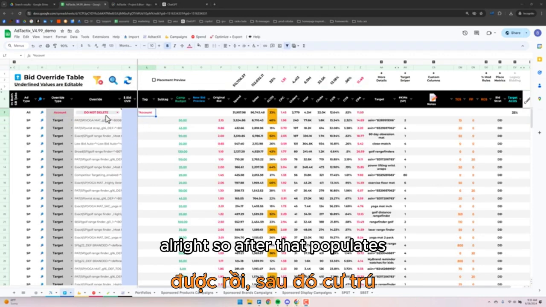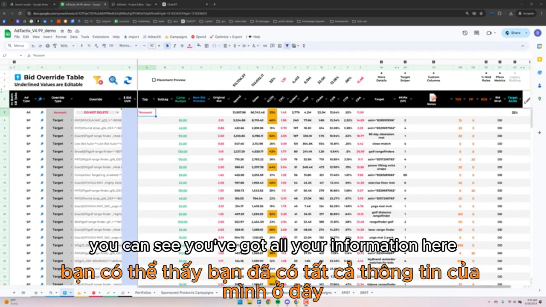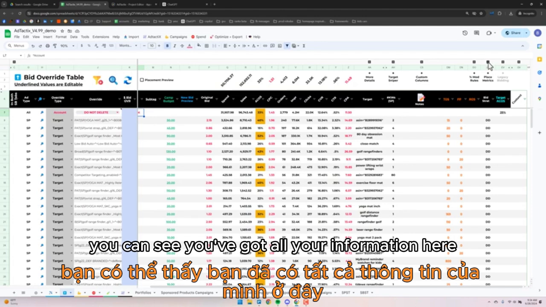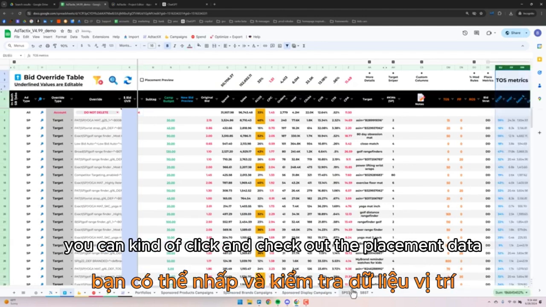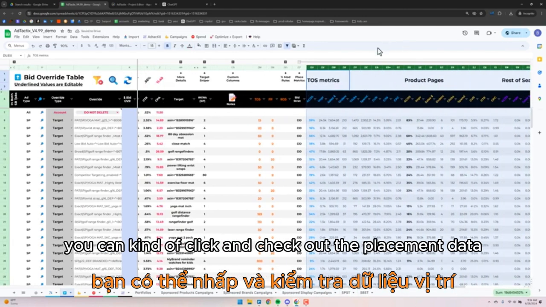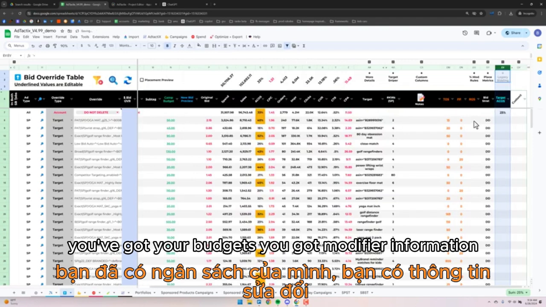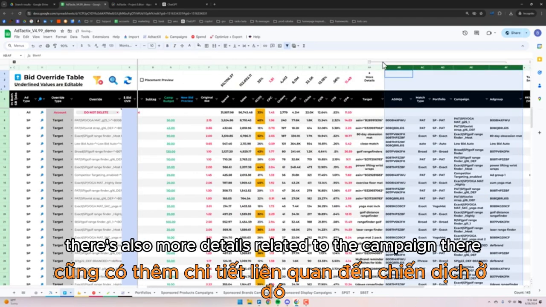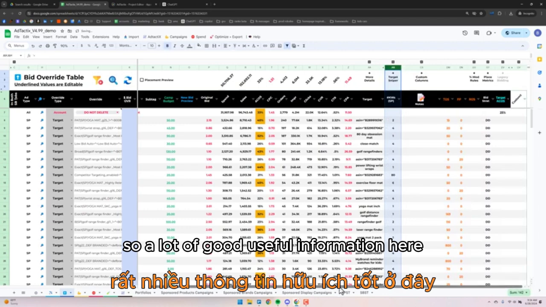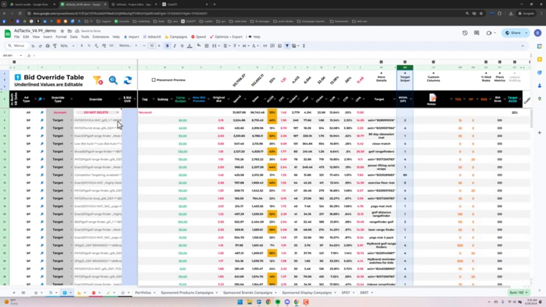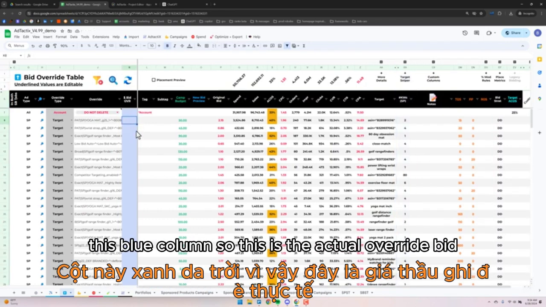All right, so after that populates, you can see you've got all your information here. You can click and check out the placement data. You've got your budgets, you've got modifier information. There are also more details related to the campaign there. So a lot of good, useful information here. Where we're going to want to focus, though, is this blue column. This is the actual override bid